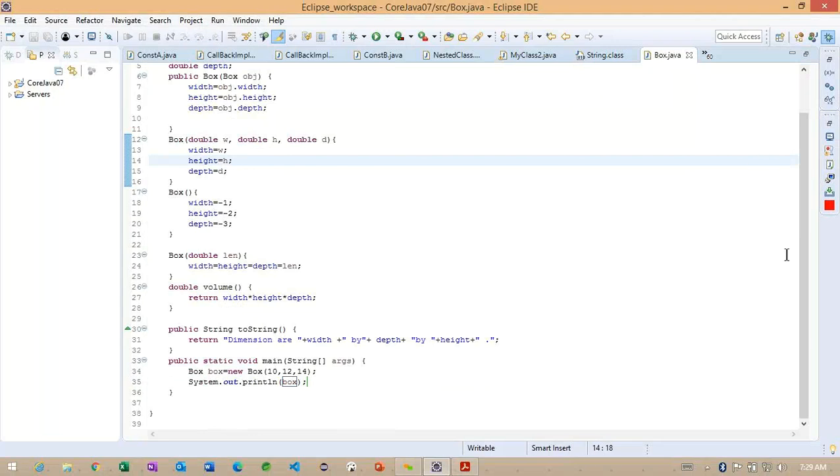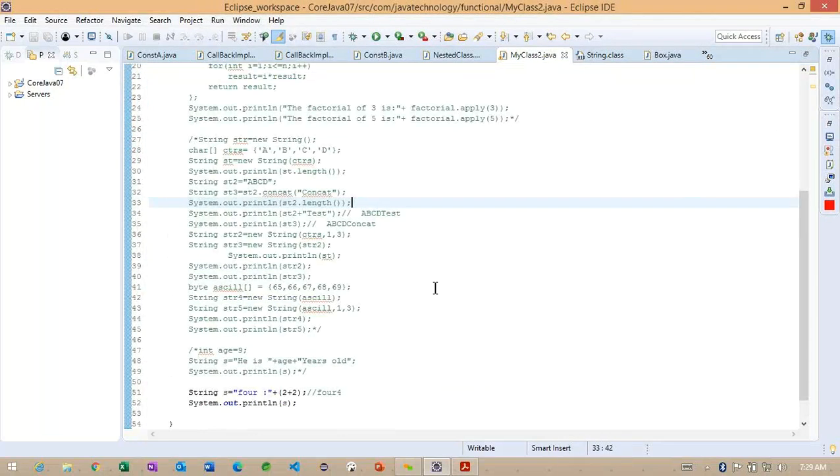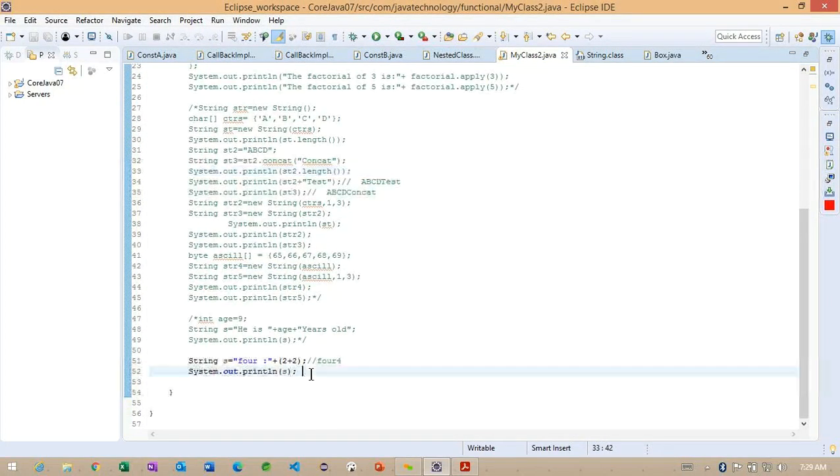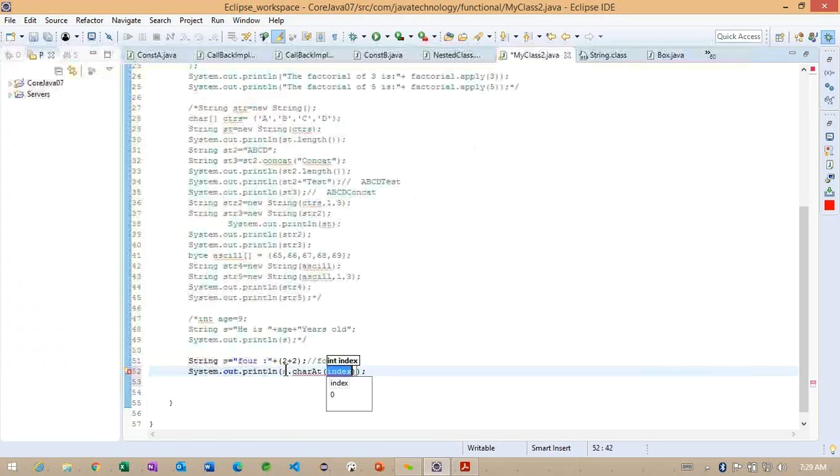We have different methods here, so we'll check with a different method. I'm creating a string object here and later printing the same object. If we want to find the first character of this string, what can we do? We have one method called charAt.